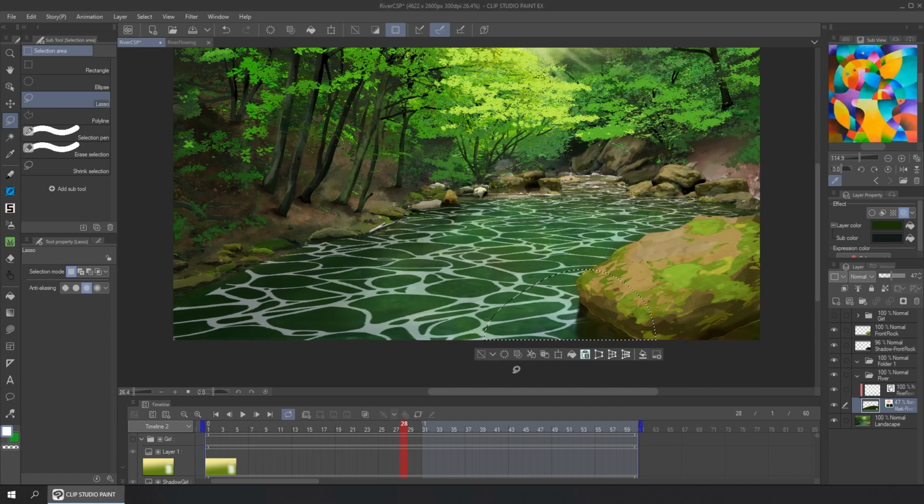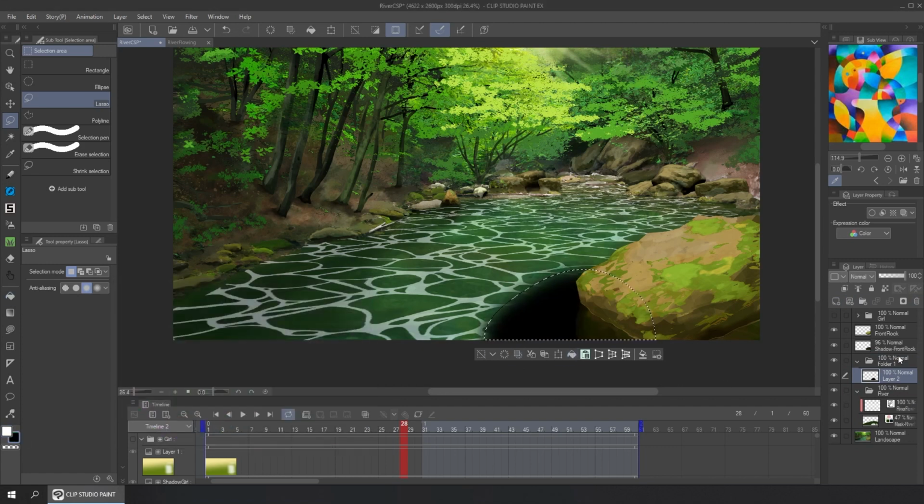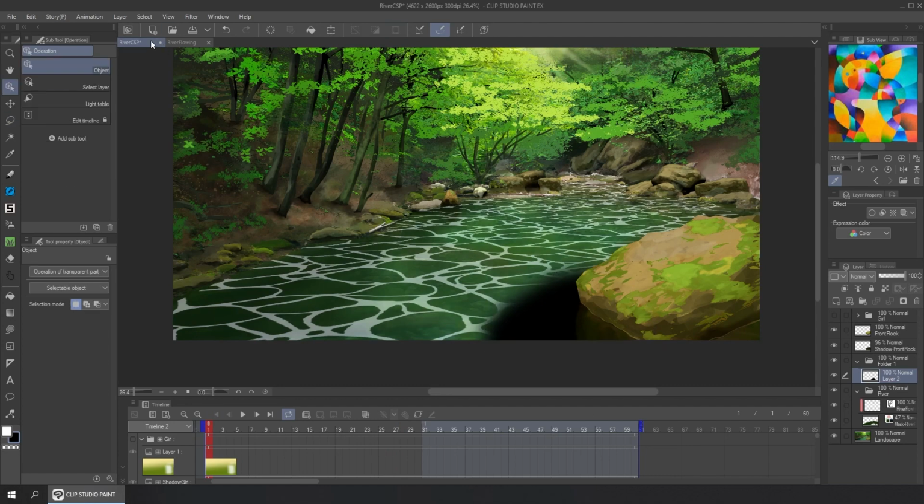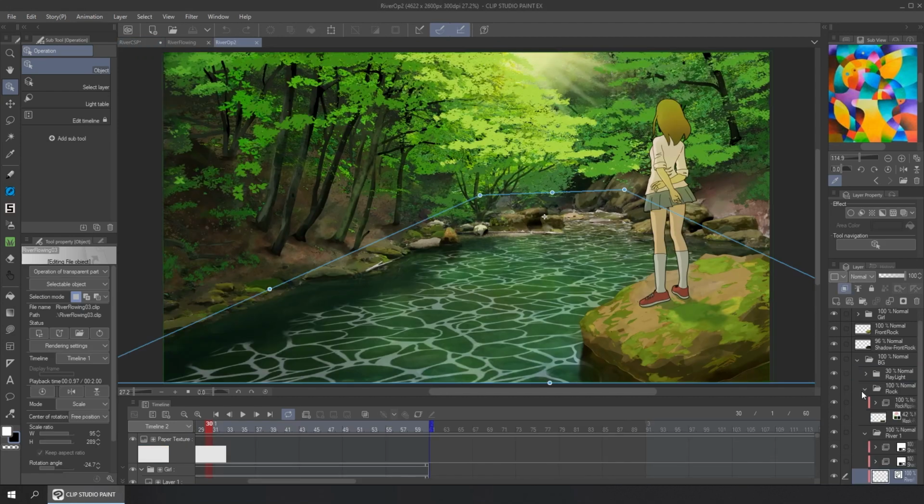And what I did was to start drawing the ripples in this area. And this is the final result. It's an extra animation, but not too hard.